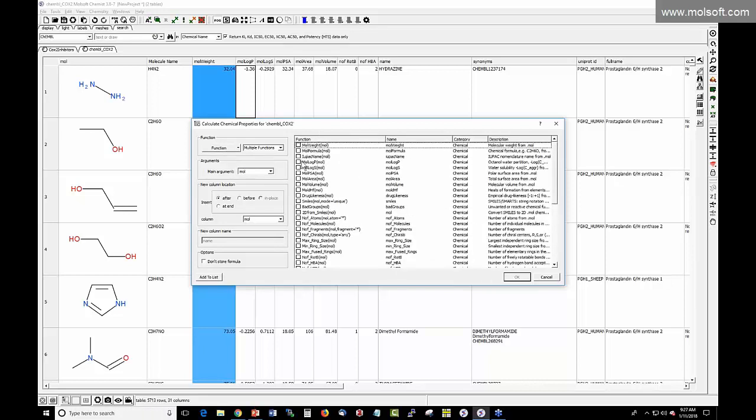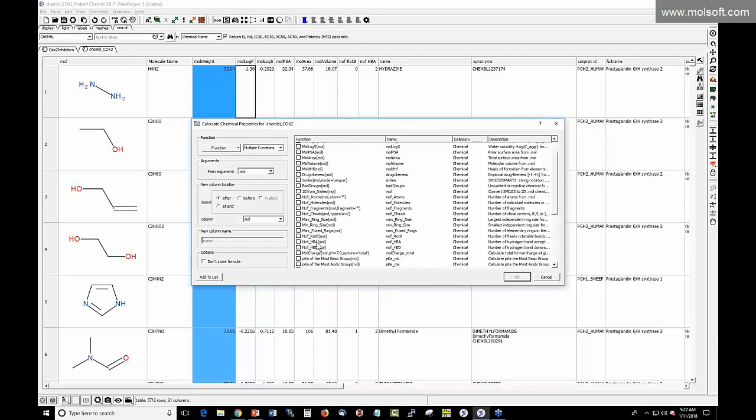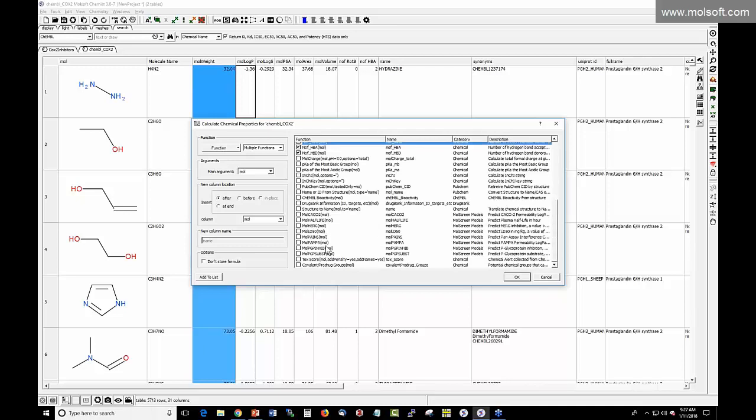You can calculate polar surface area, molecular area, volume, some counts of number of fragments, number of rotatable bonds. So just for this example, we can add number of rotatable bonds, number of hydrogen bond acceptors and donors here. And also inbuilt are some